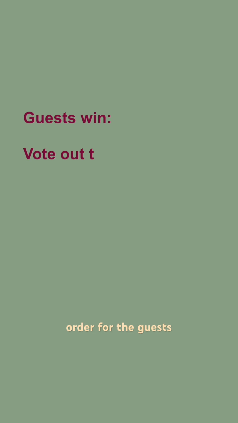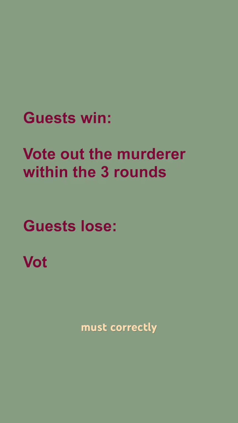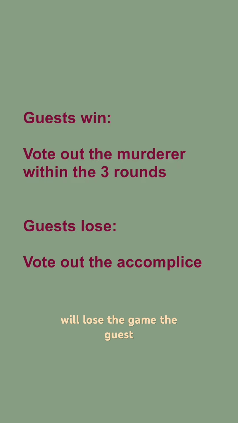In order for the guests to win, they must correctly vote out the murderer. If that happens, both the murderer and the accomplice will lose the game. The guests